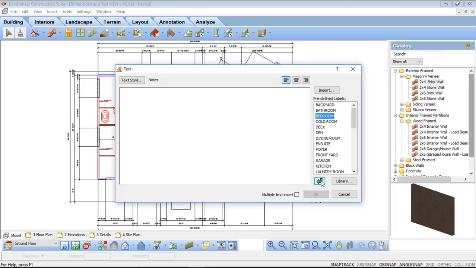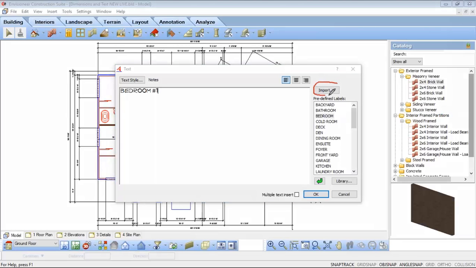I can come down here and click on this arrow button below, and that adds it in. And I'll just delete that just to show you that you can also double click on any label and it will automatically be added into the text editor window. You also can just come in here and click with your cursor and create or modify text. For instance, I'll change this to bedroom number 1,